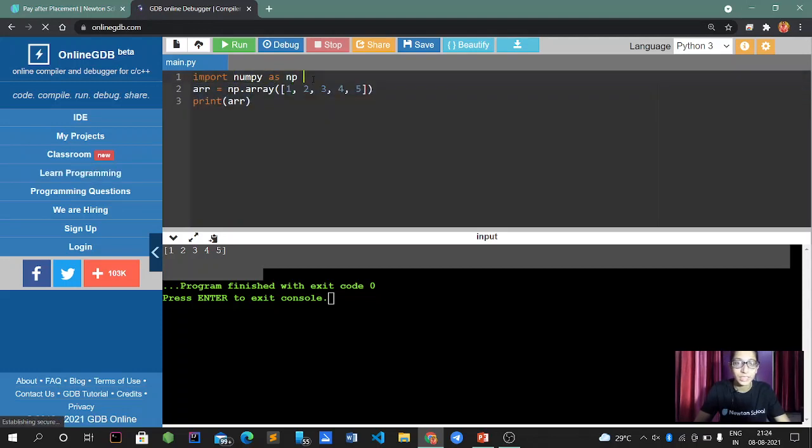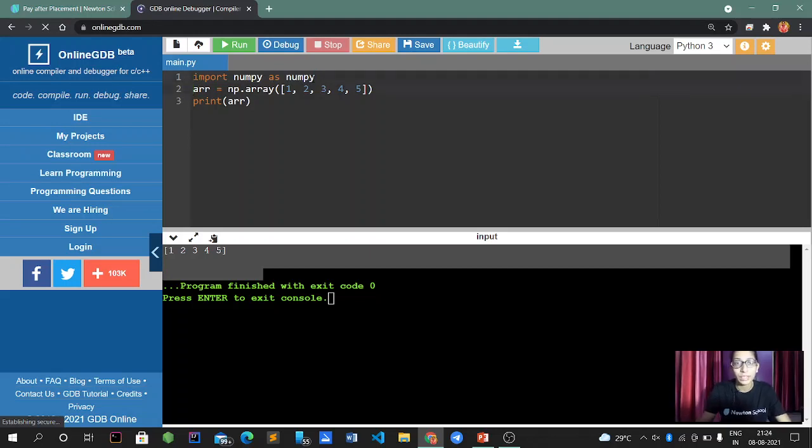It can be defined as NumPy instead of np also. Suppose I change this to numpy. Import numpy as np or as numpy, both are the same. You don't have to worry about it.